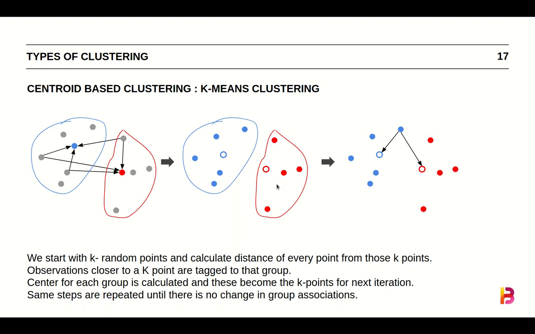Now that we have a centroid, we begin the process all over again. We again calculate the distance of every point to that centroid, draw clusters, and remove these centroids. Earlier, our initial randomly initiated centroid was this, but once we have these clusters, ideally the new centroid should be somewhere in the middle of all of this data, somewhere here.